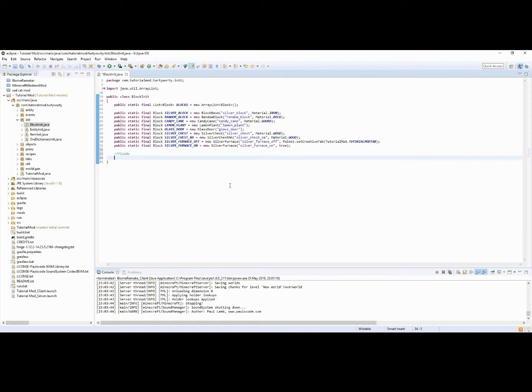In this video we are going to be going over custom fluids, so let's get straight into it. So inside of block init, you want to do public static final Block, and I'm just going to create white water. So WHITE_WATER_FLUID is equal to a new BlockWhiteWaterFluid,